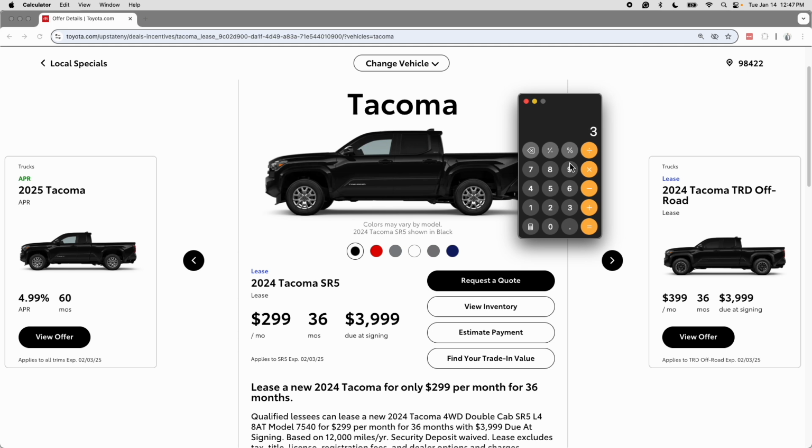So let's go ahead and run the 1.25% rule of leasing for this Tacoma. We're going to take the $3,999 that's due at signing. Now, I'm just going to add $1,500 to this to account for things like registration and miscellaneous dealer fees, right? $1,500 is a very conservative number. Now, when I do that, I get